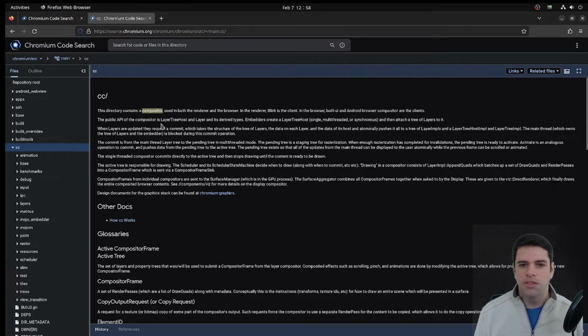Oh, wait, hang on, I missed something. Okay, yeah, when layers are updated, they request a commit, which takes the structure of the tree of layers, the data on each layer, and the data of its host, and atomically pushes it all to a tree of layer implementations and a layer tree host implementation in layer tree implementation. The main thread, which owns the tree of layers and the embedder, is blocked during this commit operation. So I don't really know what all that means, but I guess it has some sort of